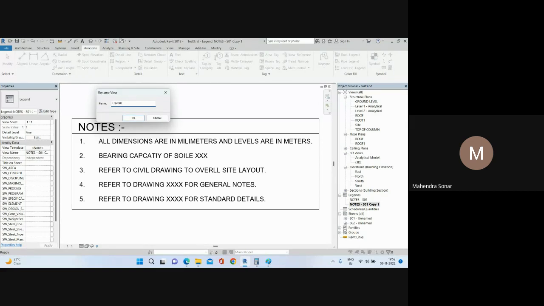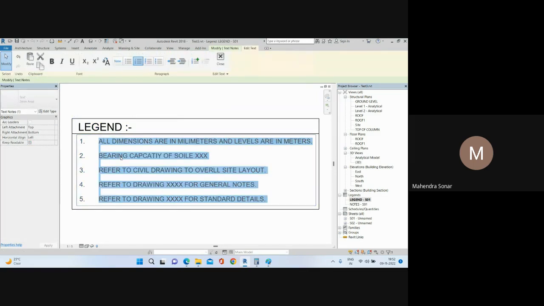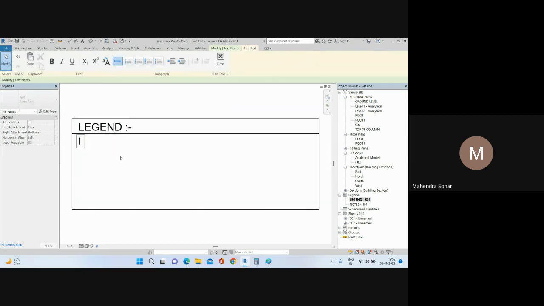Legend. Then this is S01 for my understanding. So this legend I want to place on the S01 drawing. Then you can just change this. So instead of notes, it should be legend, right? And you can add here. For legend you don't need to give a bullet point. So you can just add your legend T and B and press tab, dash tab, and you can see here top and bottom,